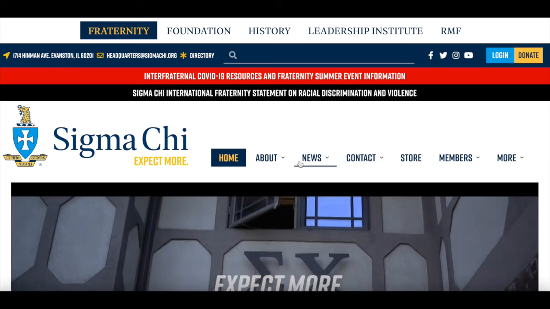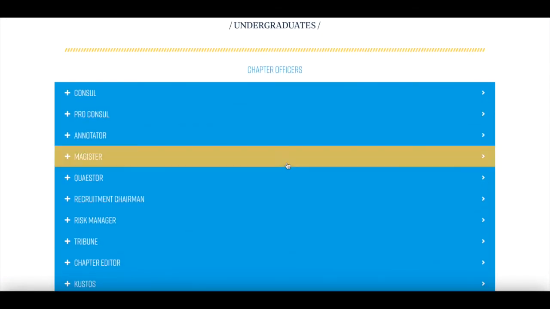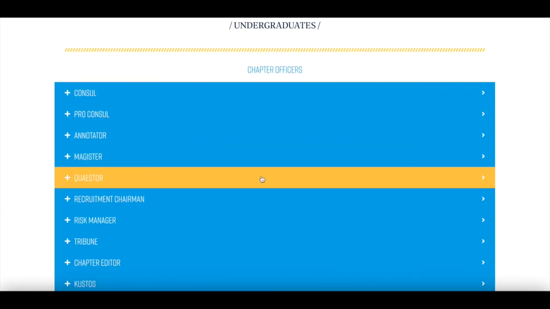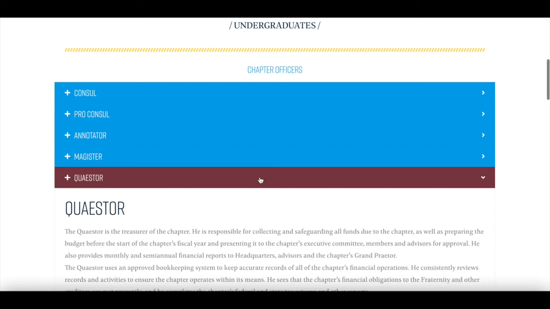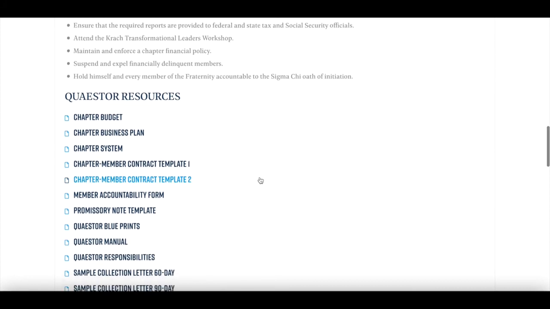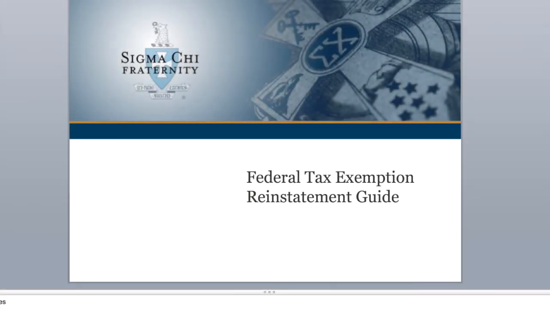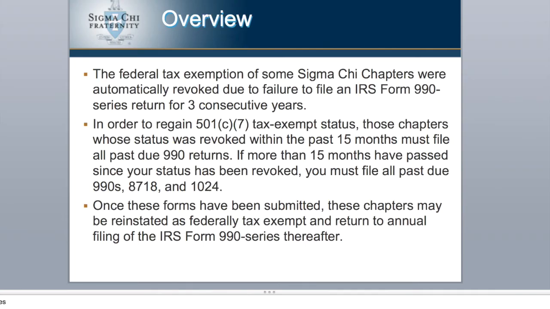From the Leadership Resources page, you can navigate down to Chapter Officers, select Quaestor, and from the Quaestor Resources menu, you can select the Tax Exemption Guide. From there, you can download a Federal Tax Exemption Reinstatement Guide, which includes information such as an overview on how to file for your federal tax exemption reinstatement,